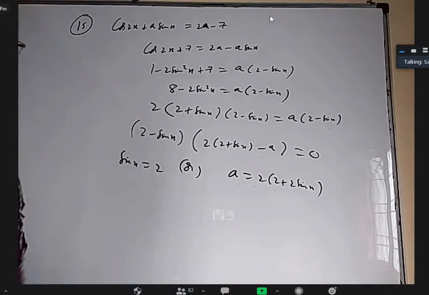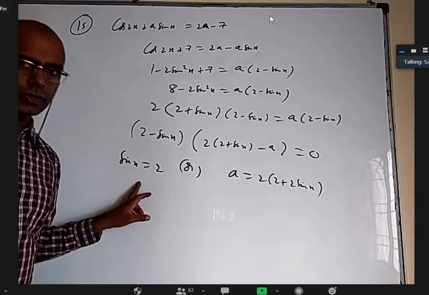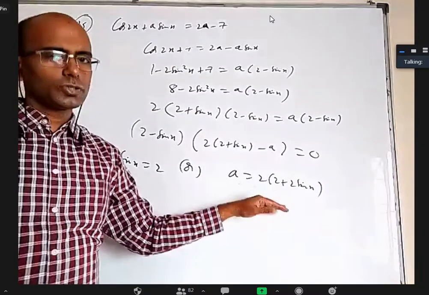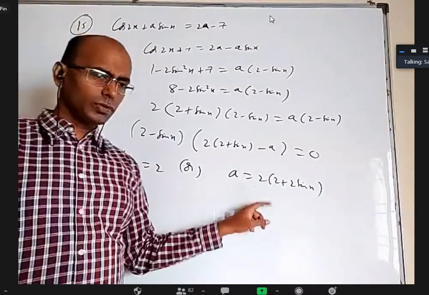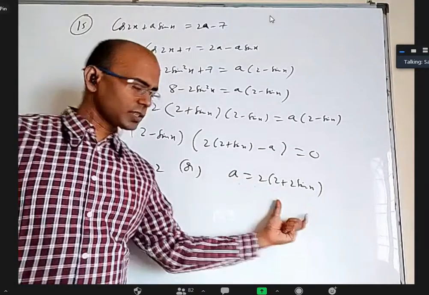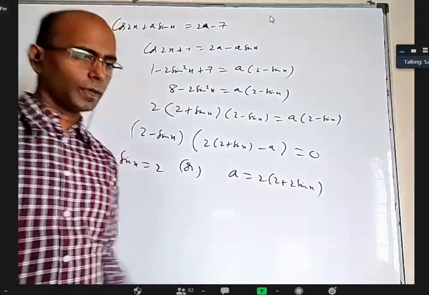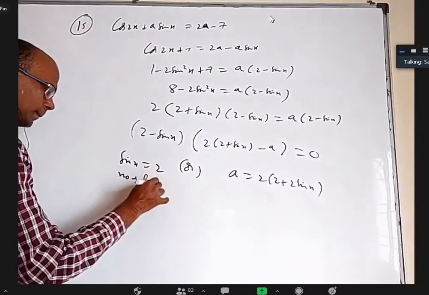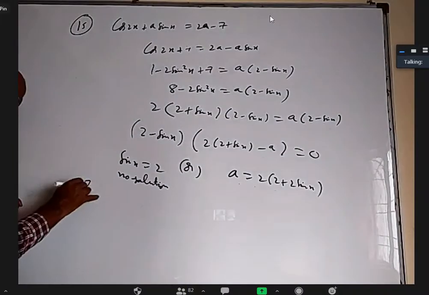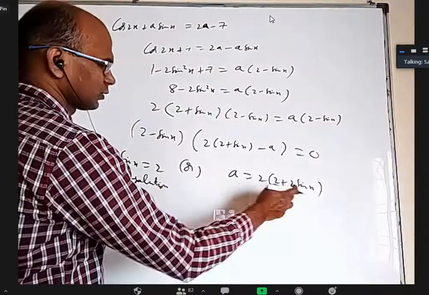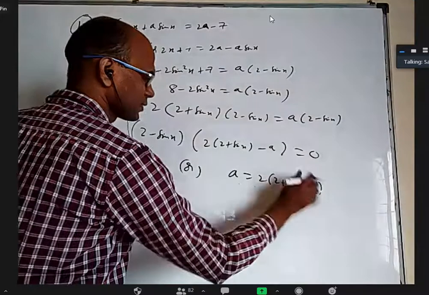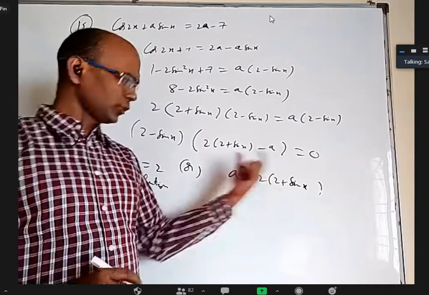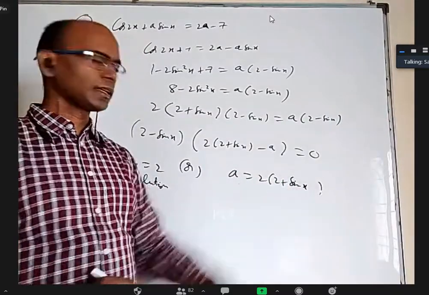Now sin x is equal to 2. This part cannot have solution. So if you want this equation to have solution, this should have a solution. For this to have a solution, you find a range of RHS, a should lie within that range. Maybe here I can tell method 1, method 2 anyway. So no solution here. Method 1 straight away, this is 2 plus sin x. Sin x minimum value is minus 1. You put minus 1, you'll get the minimum, you put plus 1, you'll get the maximum.